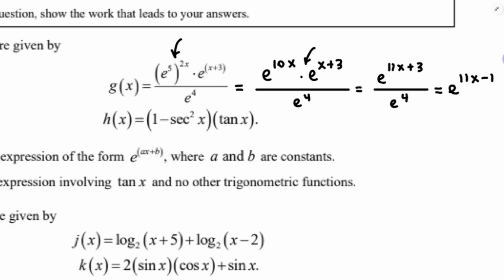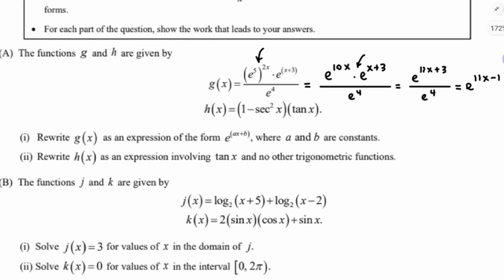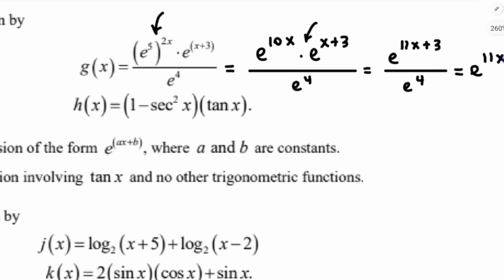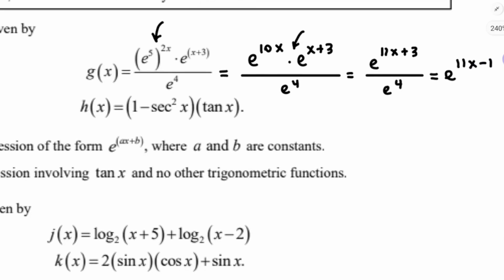Okay, then, yeah, a and b are constants. There we go, we found it. Right, now for a2, we want to rewrite h of x as an expression that involves tangent x and no other trig functions. Okay, 1 minus secant squared x. That is one, in my mind, I'm thinking that's one of the ones I'm supposed to know,